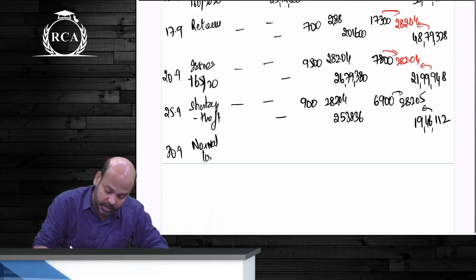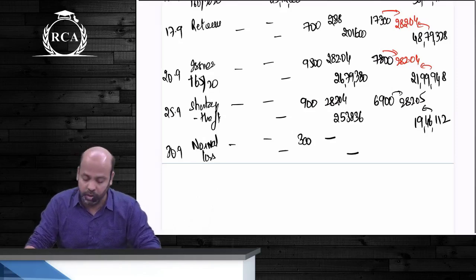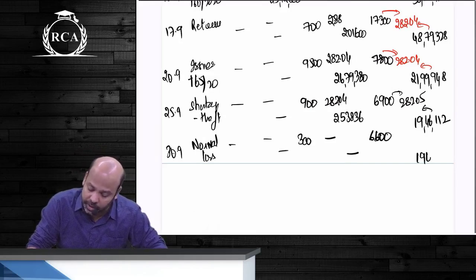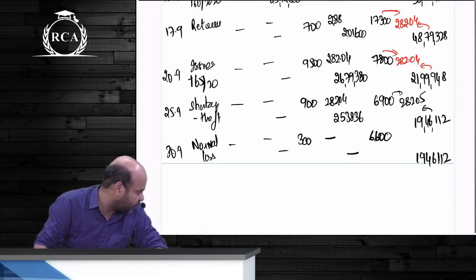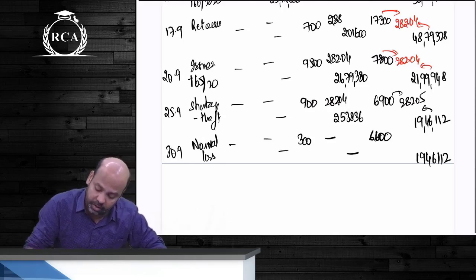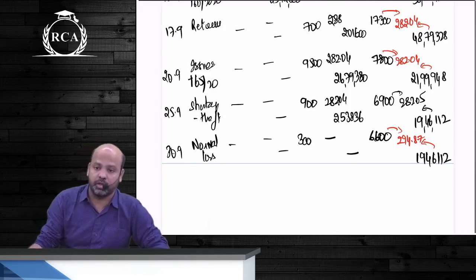Normal loss के लिए बेटा, rusting of components is normal loss. You will write 300 units. Do not write anything in the unit column or in the per unit column or in the amount column. So it will become 6,600 valued at 19,46,112. Correct, but online students, so what will be your average cost per unit? 294.87. This is where we are adjusting the cost of normal loss, beta, to the cost of the remaining good